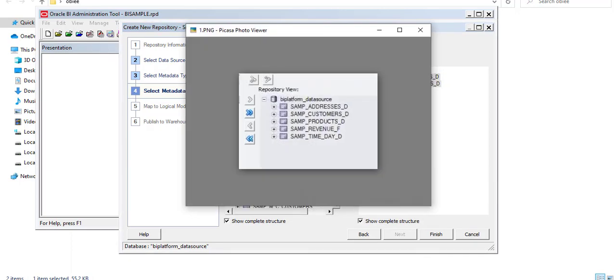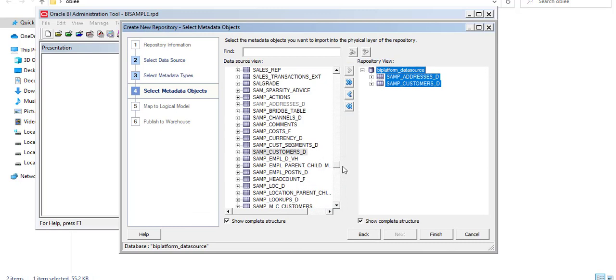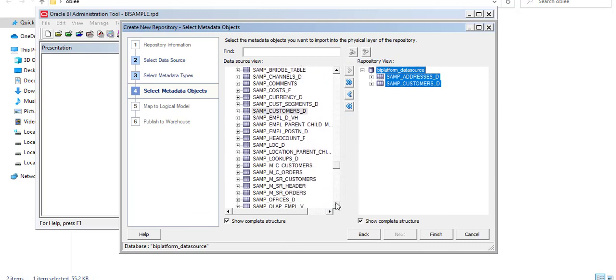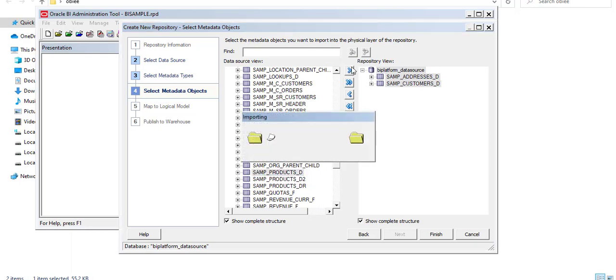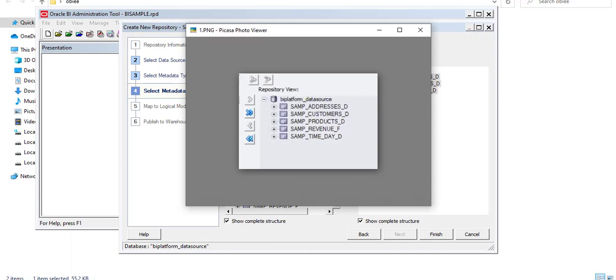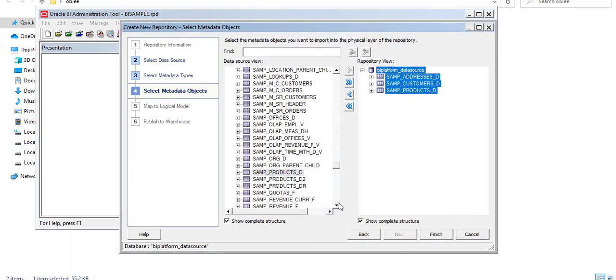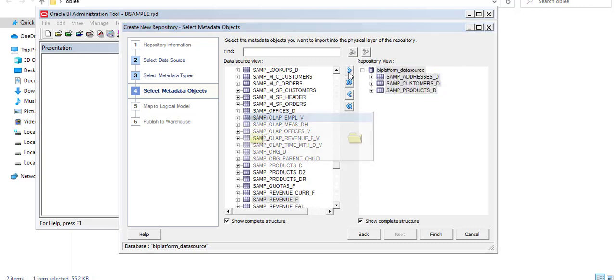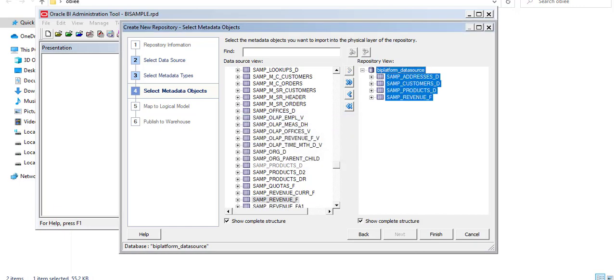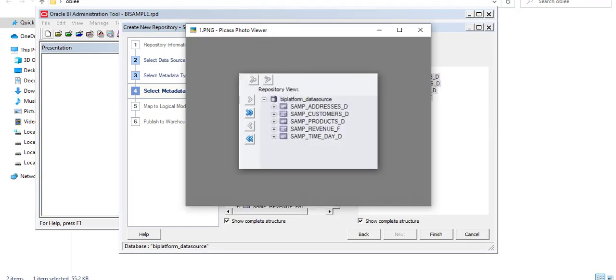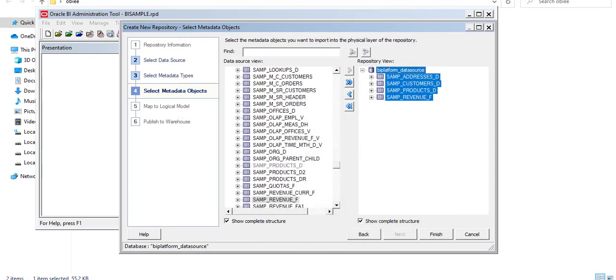Now the product D, then SAMP_REVENUE_F, import. Last we select SAMP_TIME_DAY.